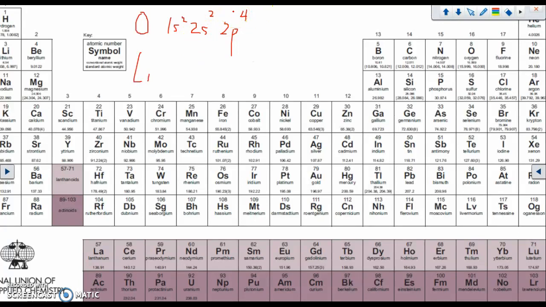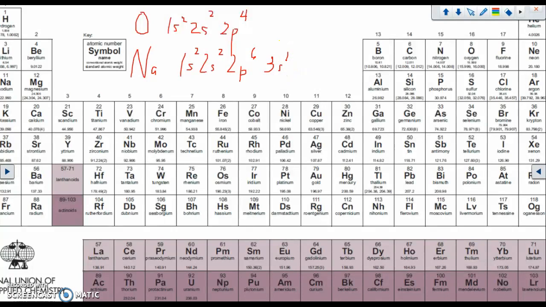Okay. And I'm going to actually do sodium, folks. So sodium in this case is similar to that. Sodium is 1s2, 2s2, 2p6, and 3s1. Okay. Now,